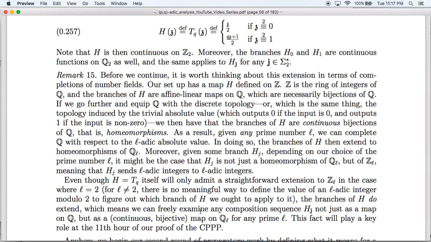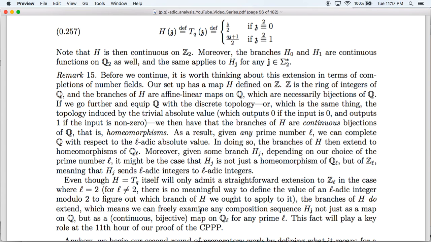If we equip Q with the discrete topology, the branches of H will be continuous bijections of Q. That is, they're homeomorphisms. In particular, given any prime number L, when we then complete Q with respect to the L-adic absolute value, the branches of H will become homeomorphisms of QL. Moreover, given some branch, Hj, depending on our choice of the prime number L, it might be the case that